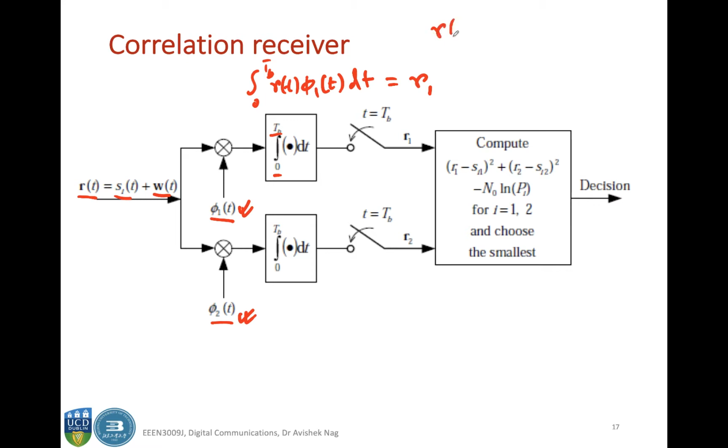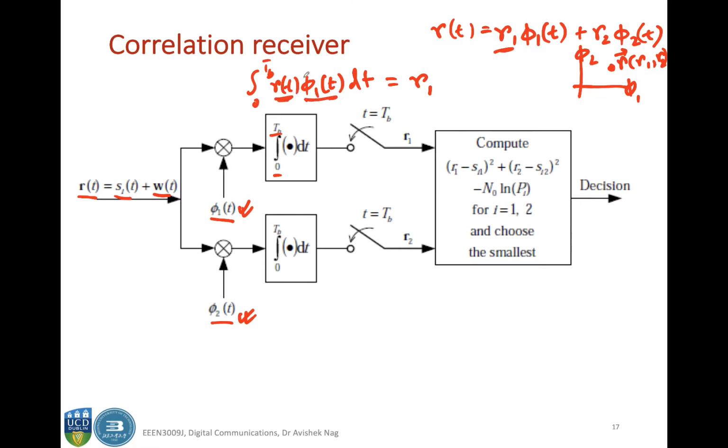So R1 is the phi 1 component of your received signal, and R2 is the phi 2 component of your received signal. Or in other words, if you have a two-dimensional space defined by phi 1 and phi 2, your received signal is a vector R, and it has two components, R1 and R2. So you can obtain R1 by correlating your received signal with phi 1(t) and then integrating